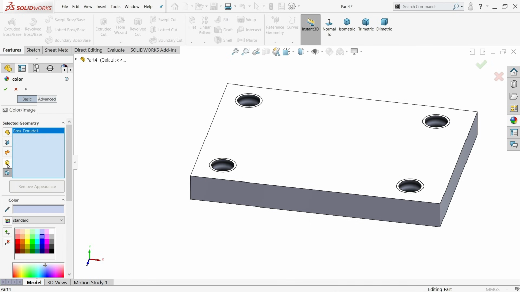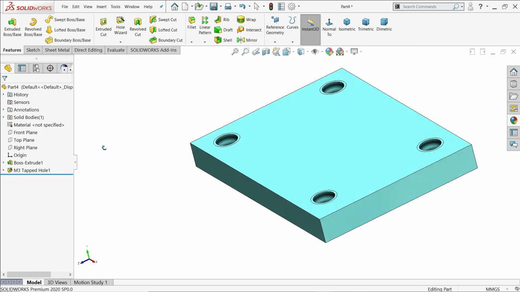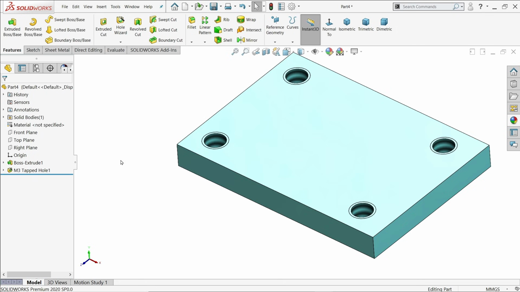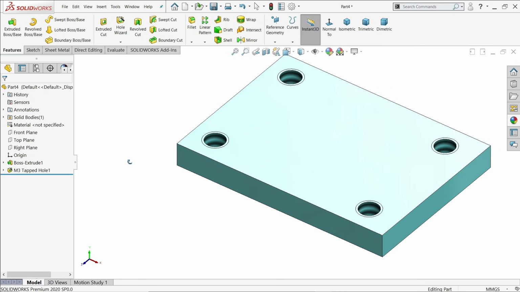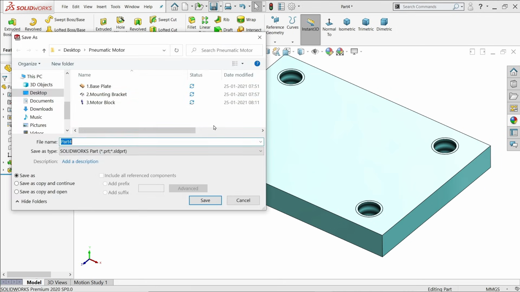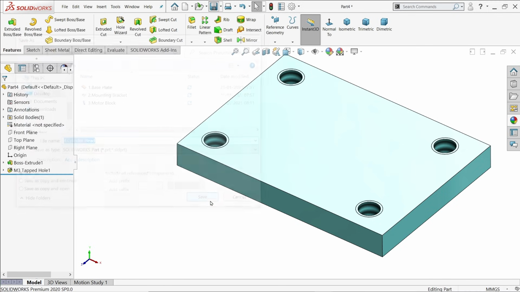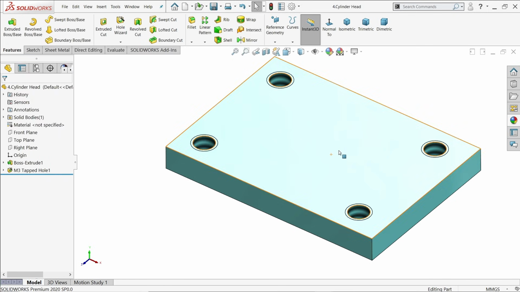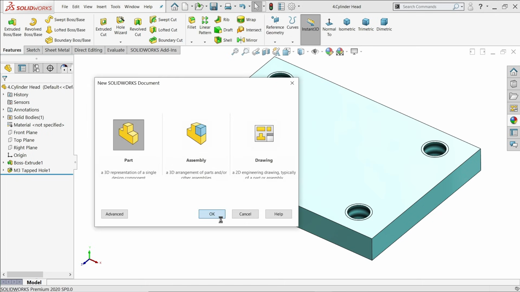Now here you choose select body, this color, or let's say keep a little light color. Part number 4, cylinder head. New part. Okay,